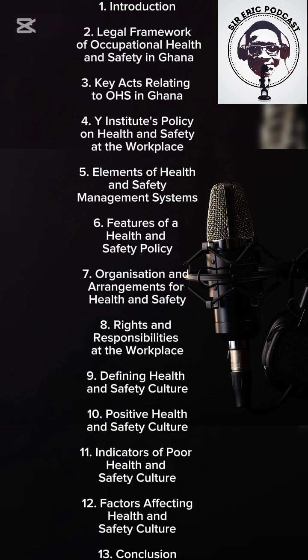Section 4. Elements of health and safety management systems. An effective health and safety management system is key to minimizing workplace hazards. Its core elements include: 1. Planning phase. Develop a policy statement outlining management commitment, identify hazards and set safety goals. Establish emergency procedures and safety standards. Assign health and safety responsibilities at all levels.